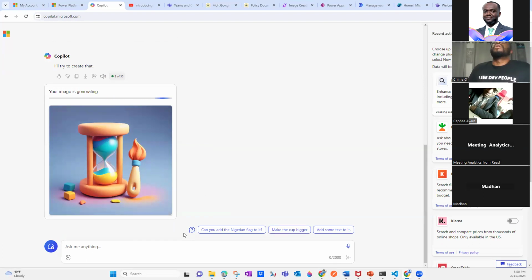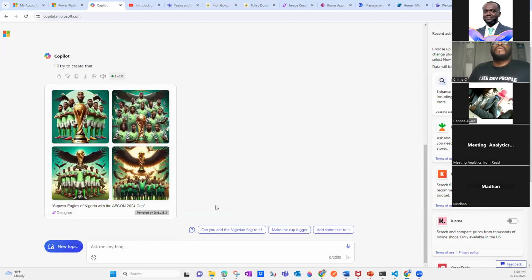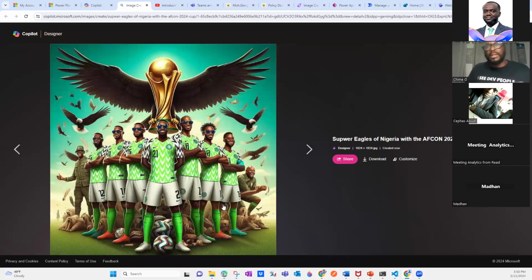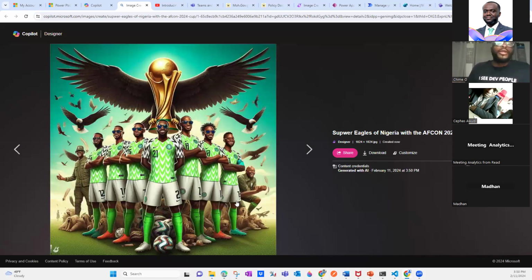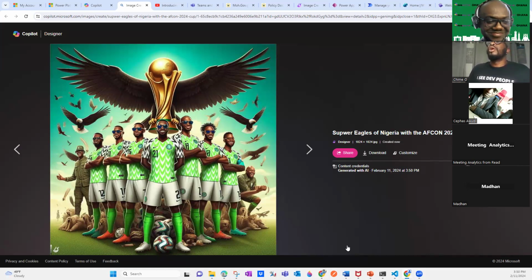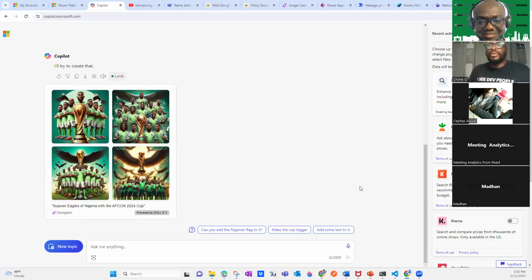But this is a better conversation for it. So you can now start choosing. Can you add a flag? Can you make it bigger? Can you add text? These are the kinds of things the Copilot can do for you. So you can see we generated that image for you. Not just images, like I said, you can speak to it. You can use your microphone to say that. You can also just type it in as text. Just an idea of what it can give.